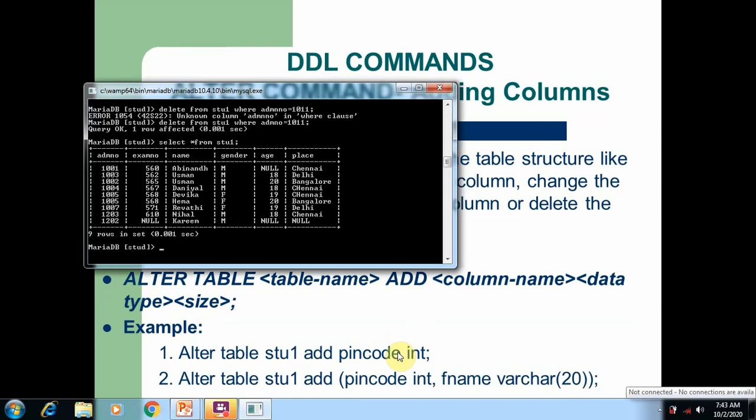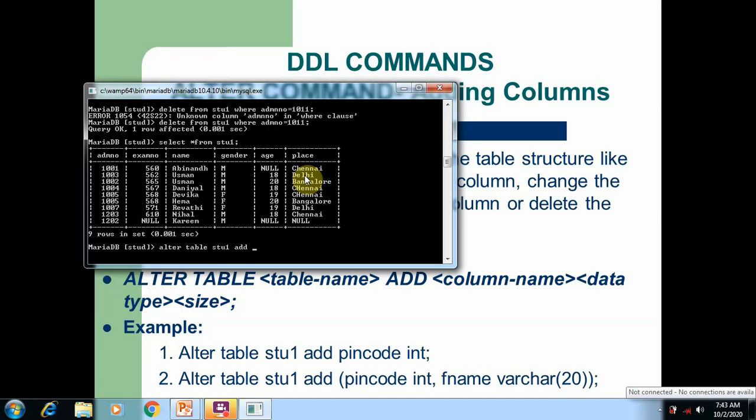Here in the table you can see there are 6 columns: admin number, exam number, name, gender, age, place. But if we want to add a new column, we can add it by using the alter command. Now I'm going to execute the alter command to add a new column to the existing table, stu1, using the add keyword.